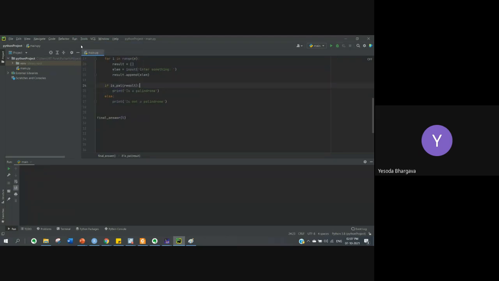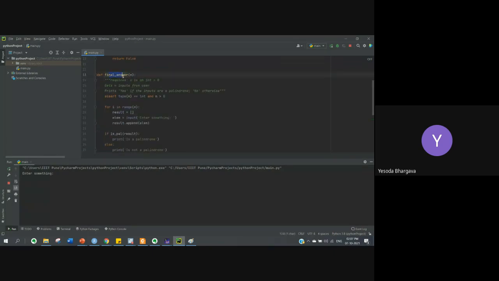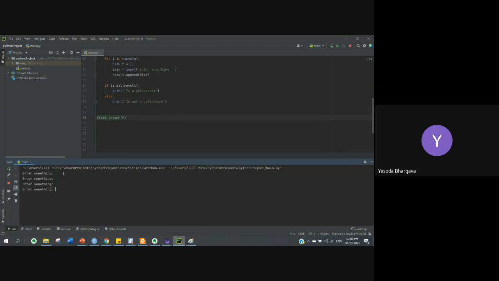So we run it, and the final answer is the function that takes n, and n is the string you put. Here I have entered a string of 5. Let us see what it returns. We enter the first input as a, the second input as a again, I change the third input, the fourth is here, and the fifth is a.